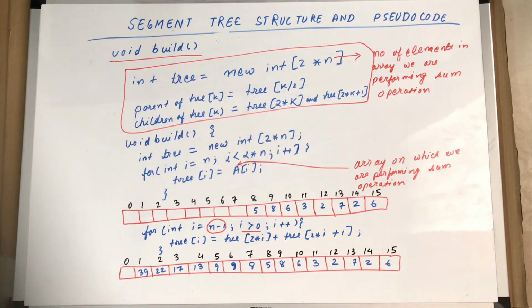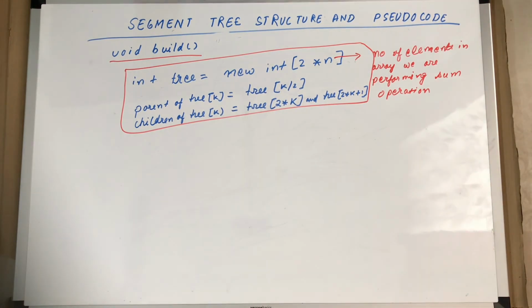But there are some points I want you to notice in the segment tree representation. If you see, we do not need array of size 2 into n. We only need array of 2 into n minus 1 size for nodes of segment tree, but we keep the element at 0 index empty and start with 1 index. As with 0 index, we will not be able to use this formula for child nodes.